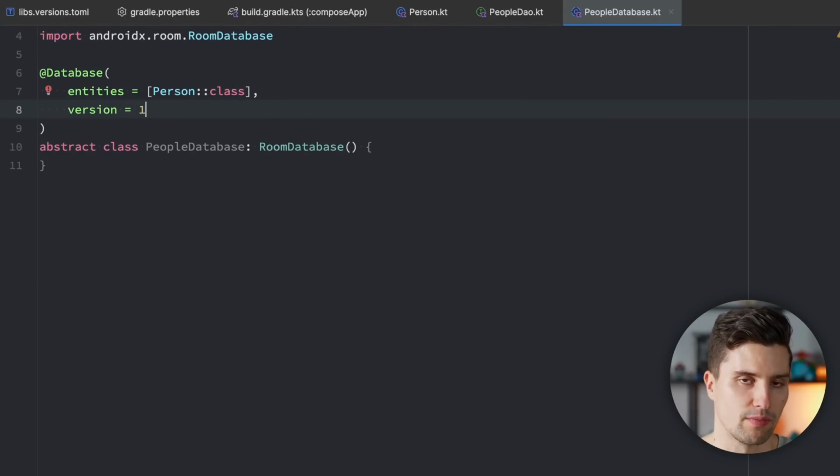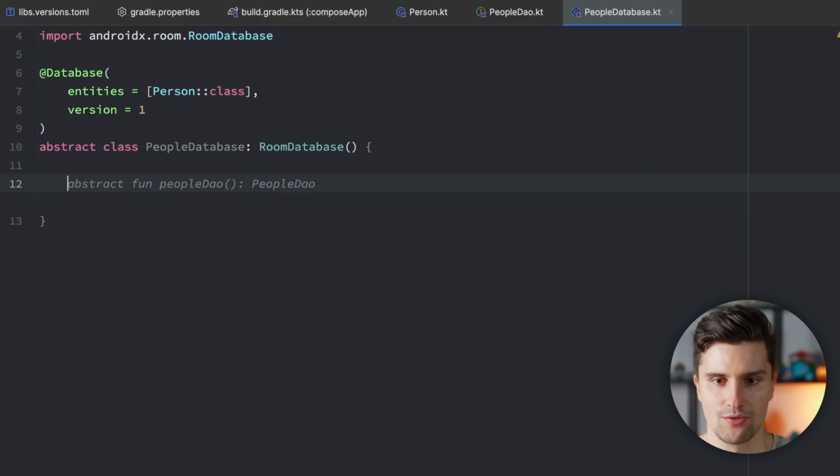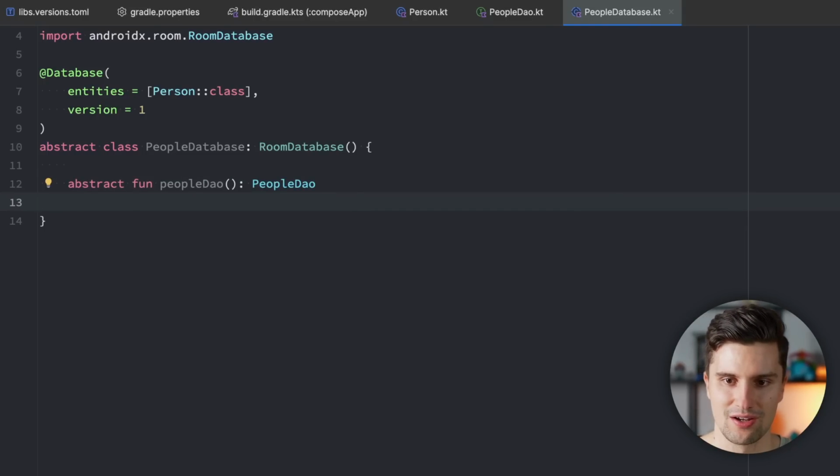If we have some kind of migrations later on, we would need to increase that version so that Room knows, okay, there's actually a new version. I need to run some migrations and so on. And lastly, in here, we need a PeopleDao, which works really well with this auto completion. All right. Now that we have the very basic setup for our database,